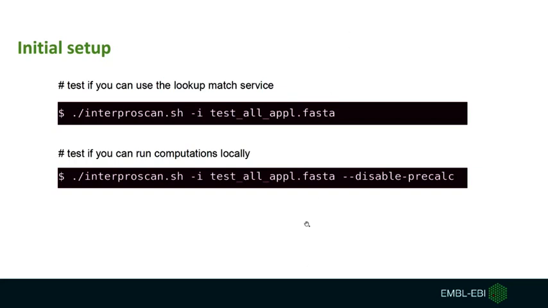In the second case, you want to test, because in most cases, people run sequences that are not in the UniProt knowledge base. So you would want to test if you can actually use InterProScan to calculate or characterize your proteins locally. And therefore, you have to use this option that says disable pre-calculation. So if I use the second command,